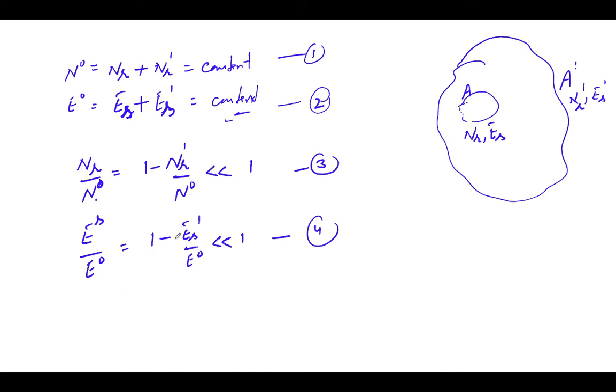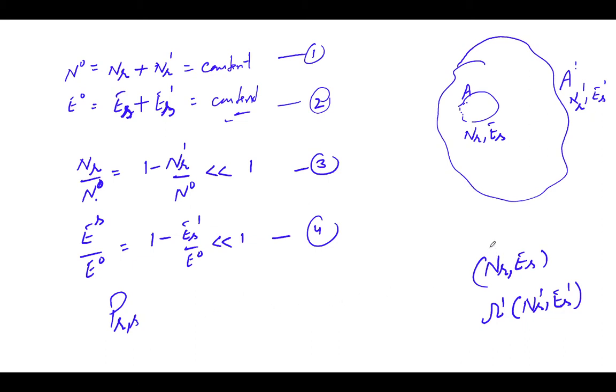So from that we will find the probability P(r,s), which will depend upon both the value of N and E. That means at any time t, the system A is found to be in a state Nr and Es, and it is directly proportional to the number of microstates, which is dependent upon the number and energy of this heat reservoir. So the reservoir can have the corresponding values Nr' and Es'.